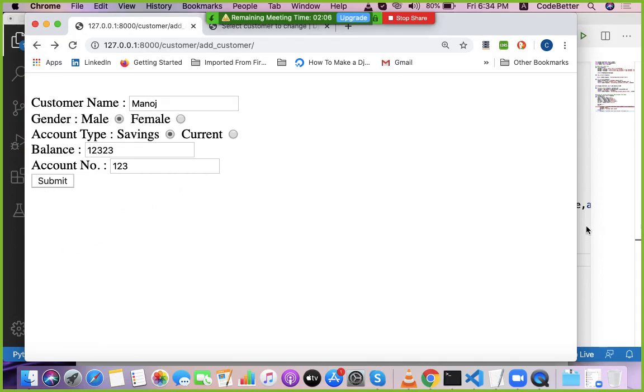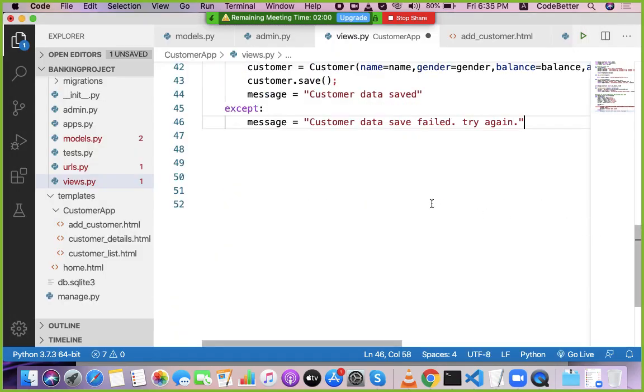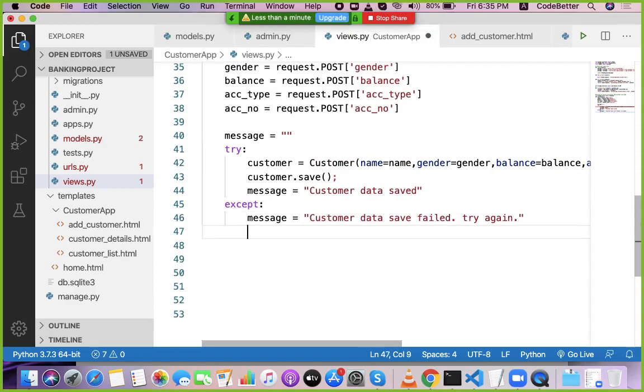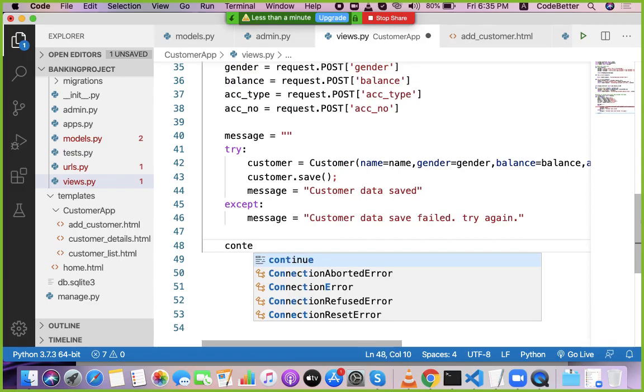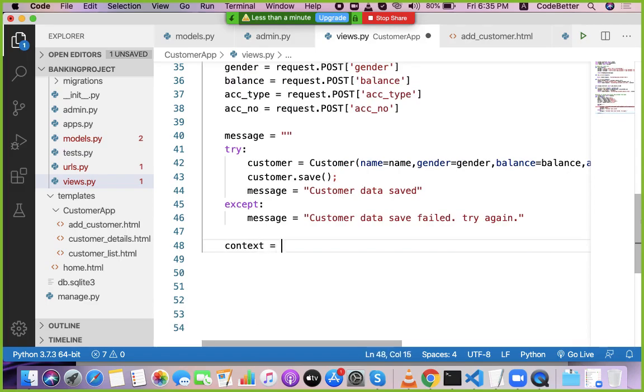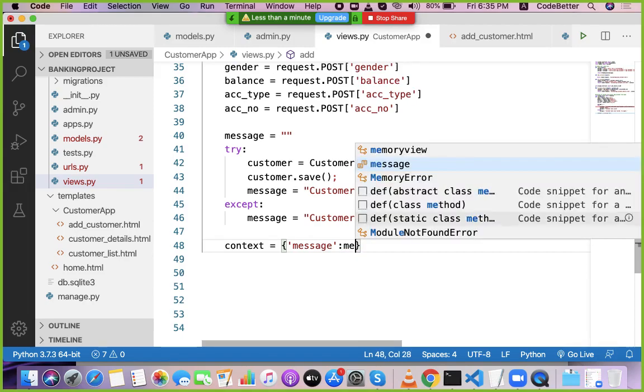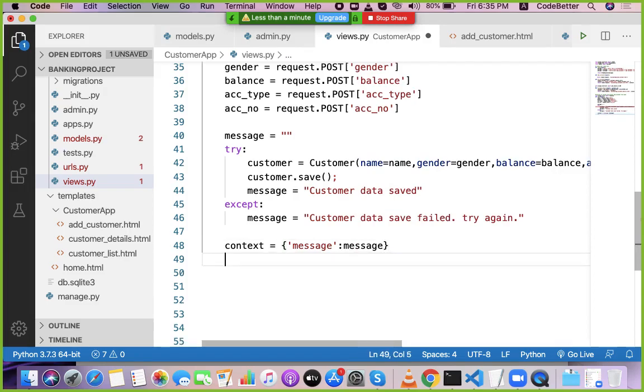So I am going to pass this again to the same customer page. So I put it here in a context, a global object. It can be anything. So here I can put in a message. So context is just a dictionary which I am going to pass to the new URL. Before I render that, the message object name is message. So let's pass this.